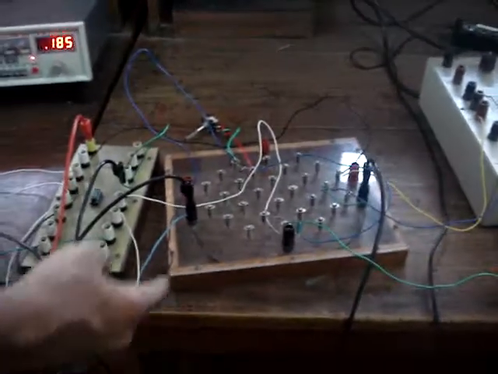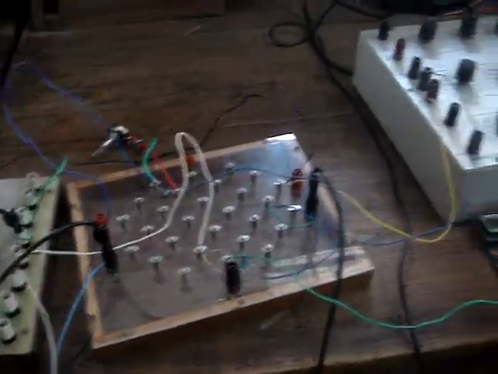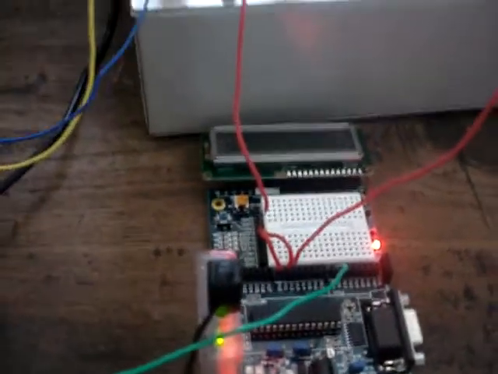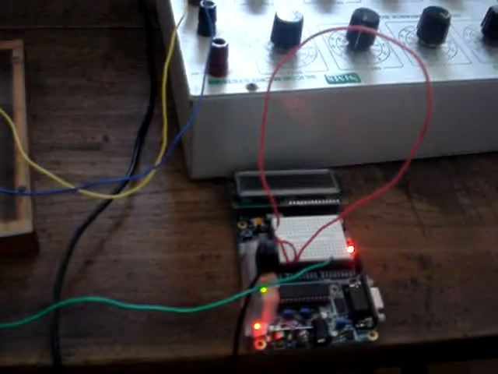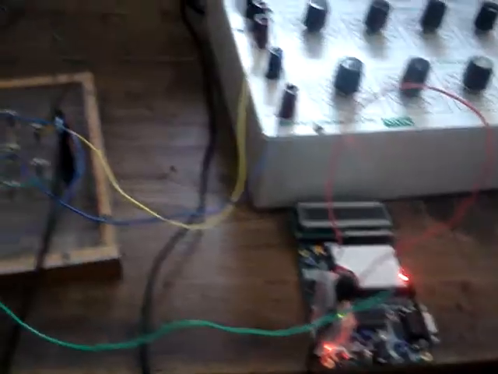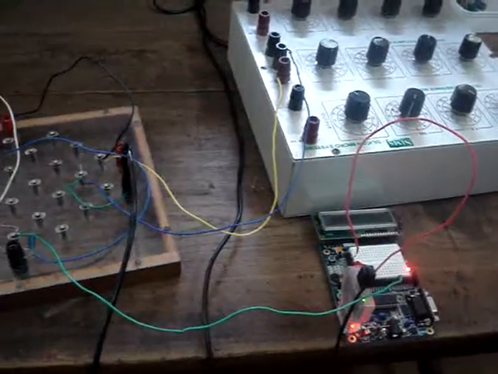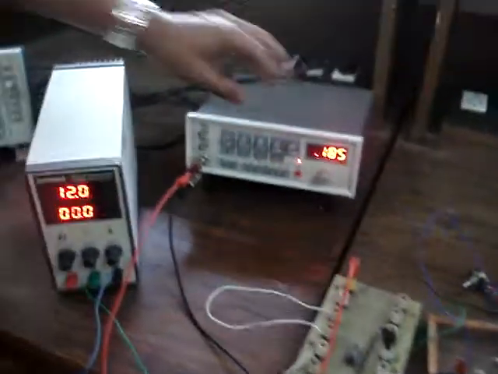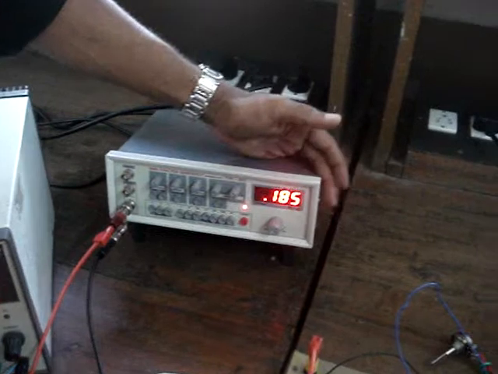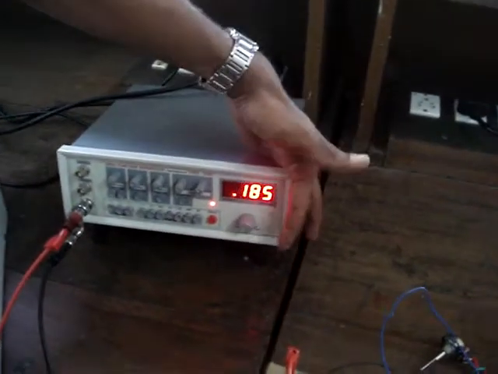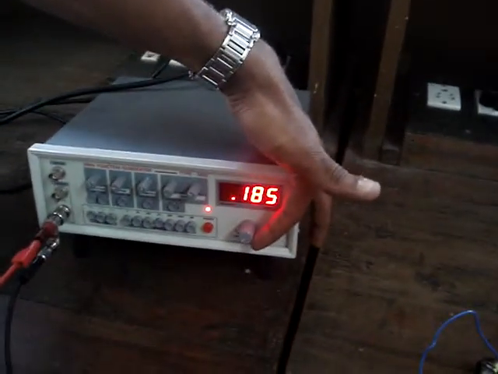This voltage is in turn fed to the PSOC, where the PSOC is coded with a program so that, depending on the voltage input, it switches on certain LEDs, as I'll show you now. When I vary the frequency, as you can see, it is close to 200 Hertz and none of the LEDs is glowing there. As I slowly increase the frequency,